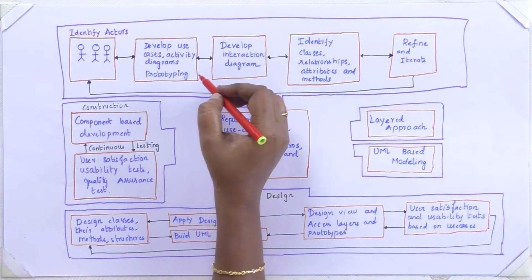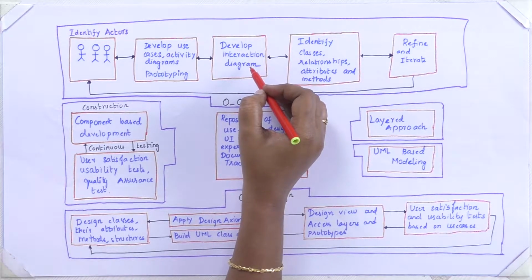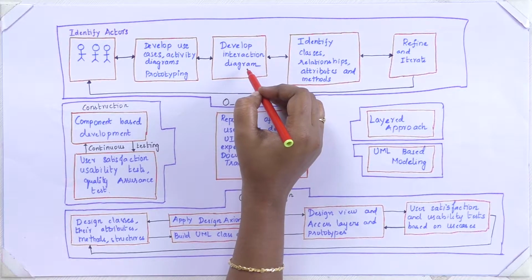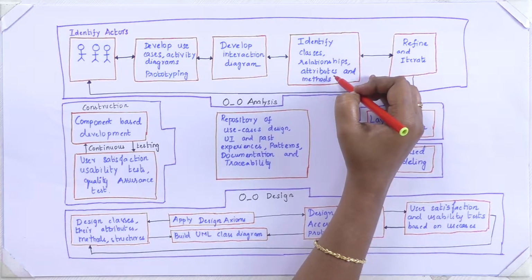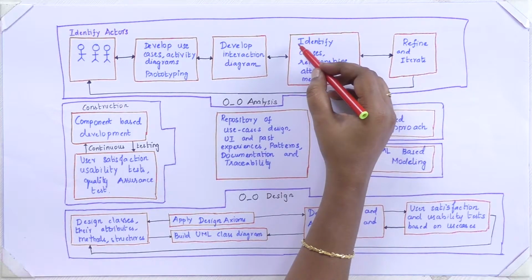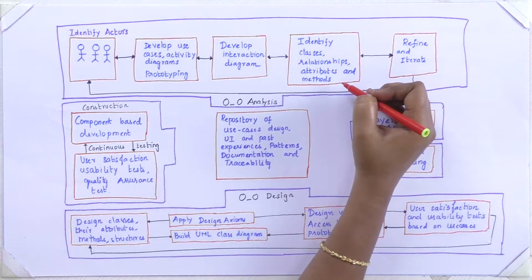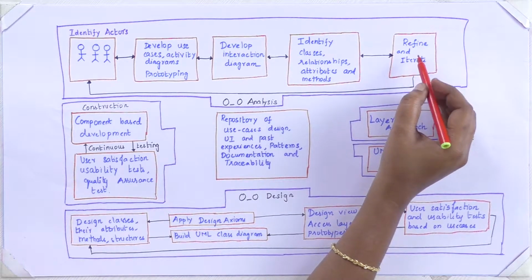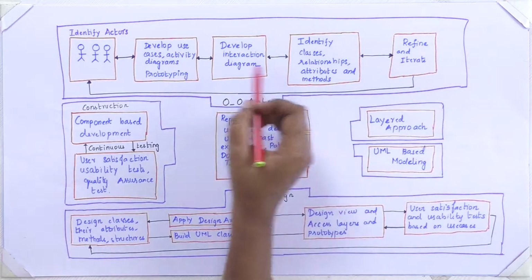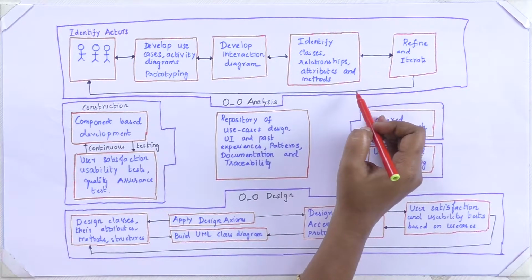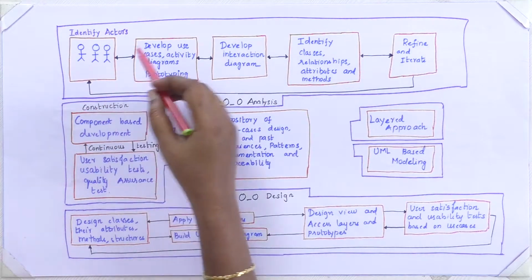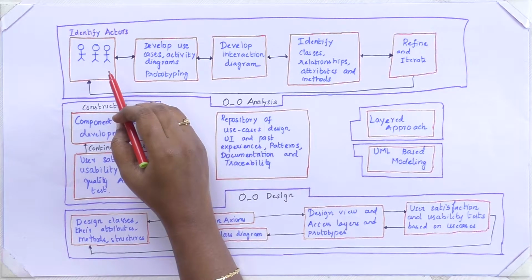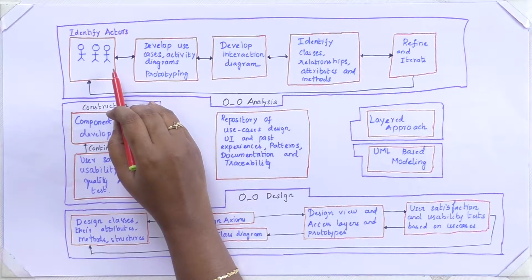And then the next step is to create the interaction diagram. After developing the interaction diagram, you will be identifying the classes and the relationship between attributes and methods of the classes. So all these things will be identified. After this, you will be refining and iterating. Refining and iterating in the sense that the previous 4 steps will be refined and iterated frequently in our object-oriented analysis phase,